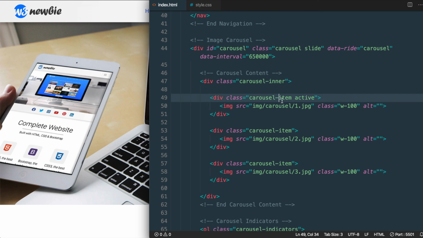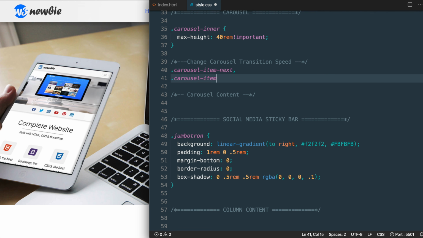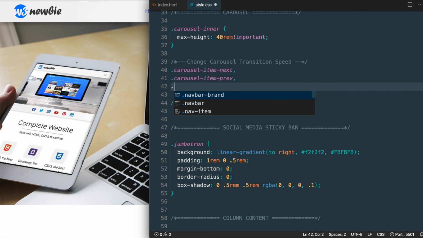So we'll want to target carousel-item-next and carousel-item-prev, then the active carousel-item. So we'll say carousel-item-next, comma, carousel-item-prev or previous, comma, then the carousel-item active class,